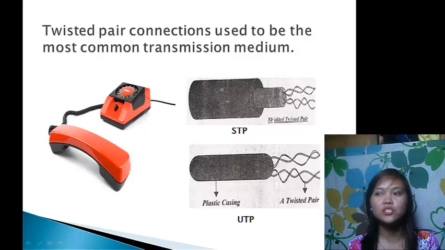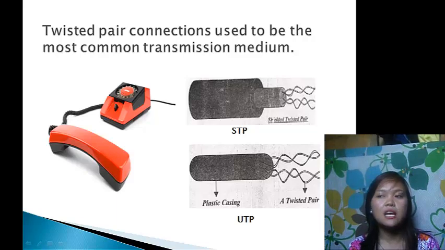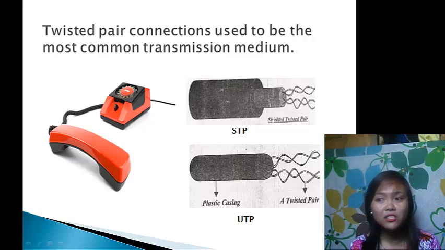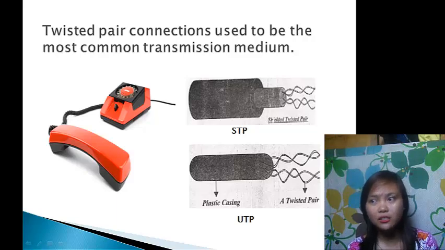Then the second one is the shielded twisted pair or the STP. It is similar to UTP but has a mesh shielding that protects it from EMI, which allows for a higher transmission rate. And STP has advantages and disadvantages. The advantages: shielded, faster than UTP and coaxial. Then disadvantages: more expensive than UTP and coaxial, more difficult installation, high attenuation rate.